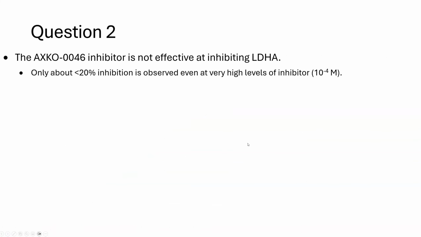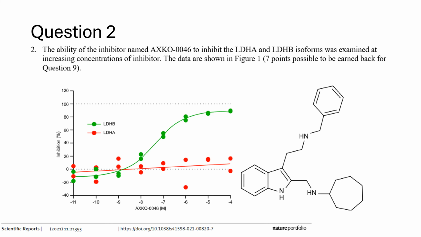So in your answer, I would have wanted you to say that you did notice that the inhibitor wasn't as effective at inhibiting LDHA. And again, notice that you don't even get 20% inhibition, even at high levels of the inhibitor, which is 10 to the minus 4th molar. I did expect you to express this properly. I'm not sure why they expressed the graph this way, but I needed some indication from you that you knew